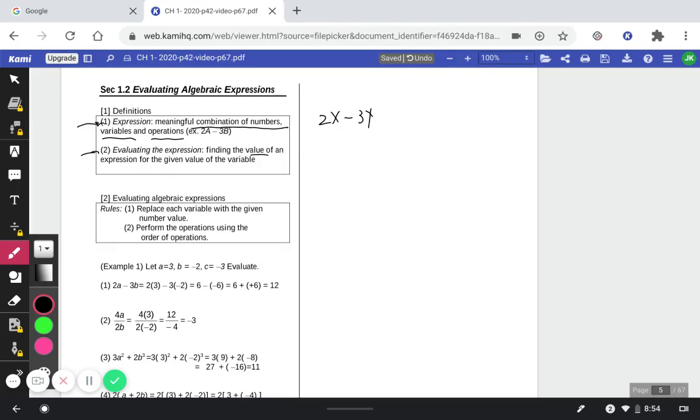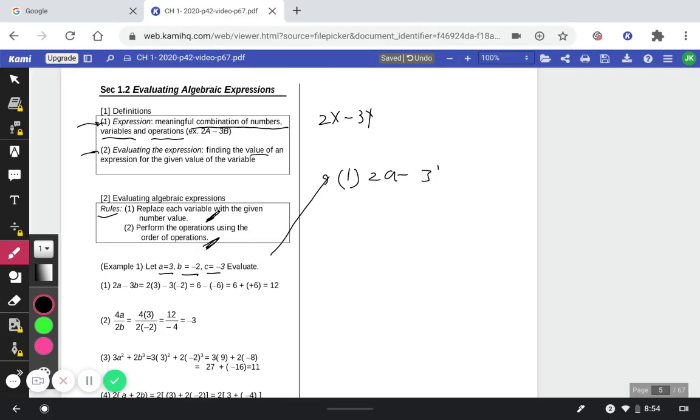To evaluate an algebraic expression, there are rules. You replace each variable with a given number value and perform the operations using the order of operations. So the order of operations is important. Replacing letters with numbers is important. So let a equal 3, b equal -2, c equal -3, evaluate